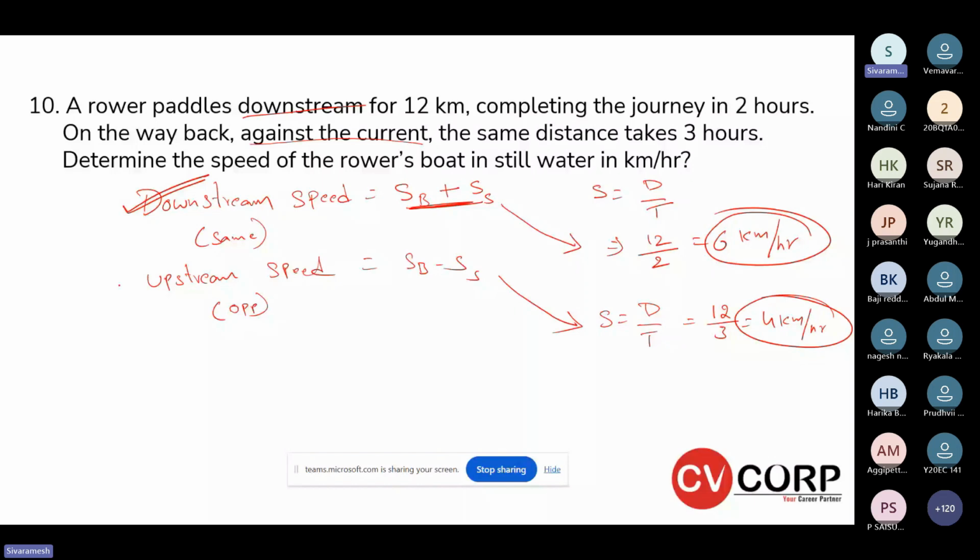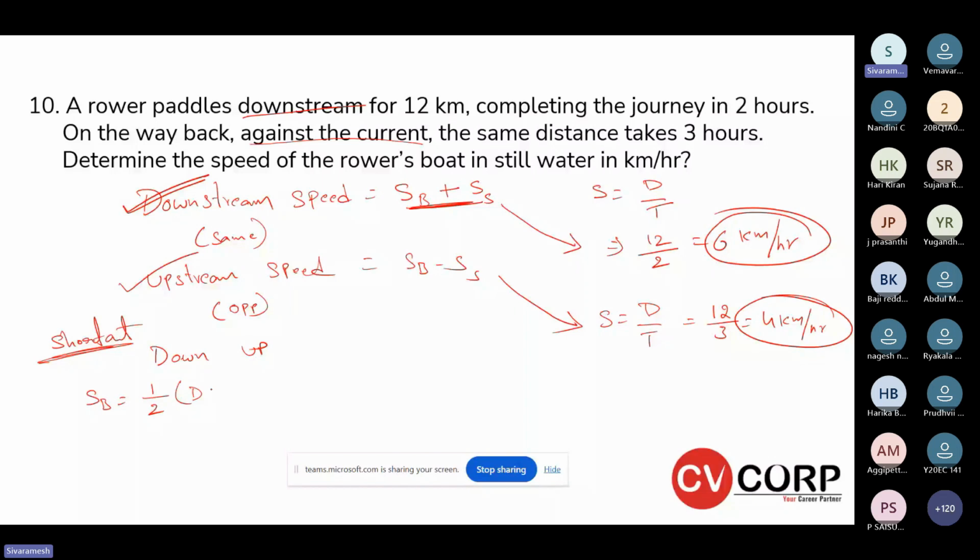Okay, so here we have downstream speed and upstream speed, right? Remember the shortcut here. Students will usually start solving with an equation method to get the value of the speed of the boat. But remember the shortcut: when you know downstream and upstream, for calculating the speed of the boat, which is what the question asks us to find,